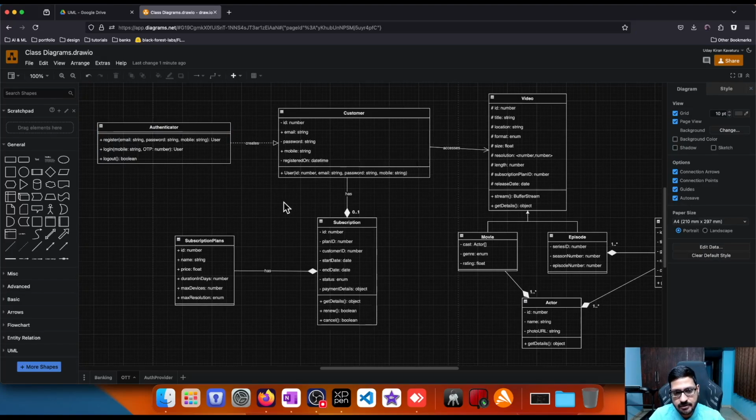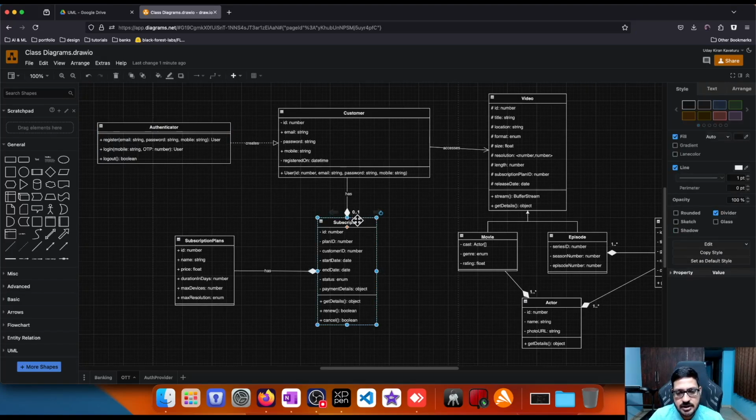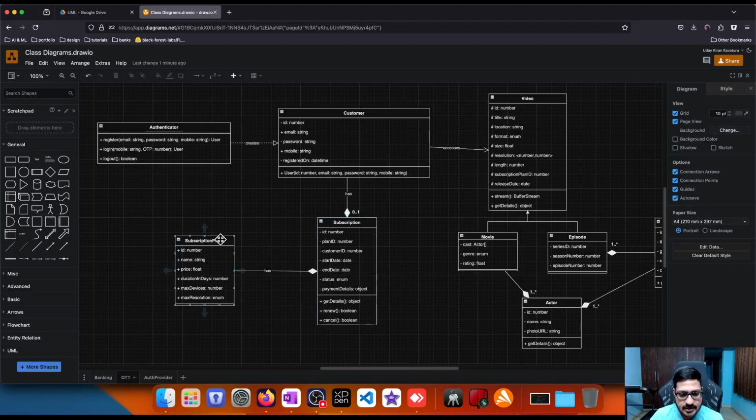For an OTT platform, user can take subscription as a choice. So the relationship between customer and subscription is 0 to 1, which means that customer can have no subscription or can have a maximum of 1 subscription. And each subscription can have 1 plan. And there can be multiple plans in the application, and each user will subscribe to 1 plan, right? And then after